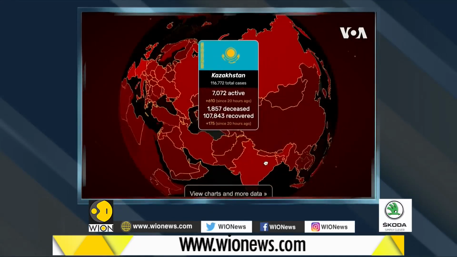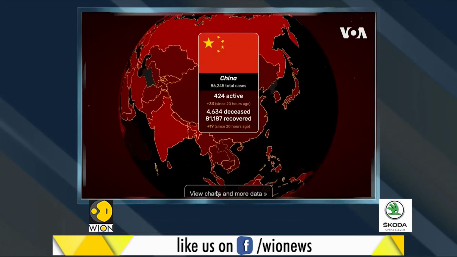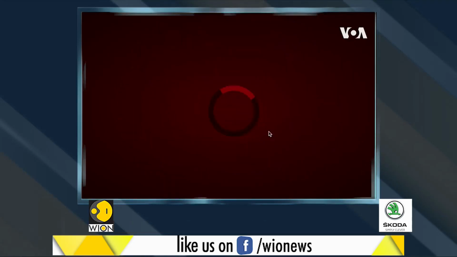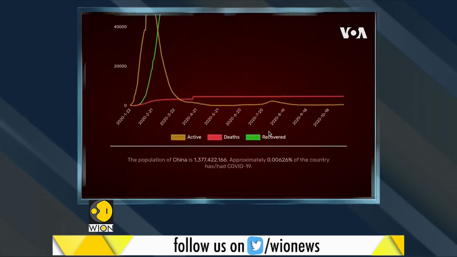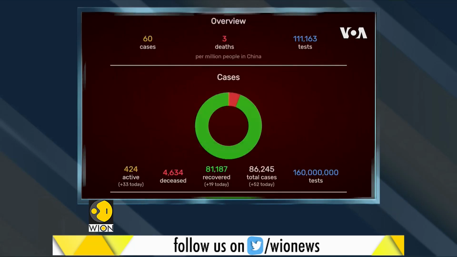Two college students from Carnegie Mellon University in Pennsylvania have developed an interactive app that displays with one click real-time data of COVID-19 cases and deaths in each country around the world. Basically, go on the website, you'll see a globe of the entire world, and you can click on any country in the world and you'll get the most recent active cases, the number of deaths, and the number of recoveries